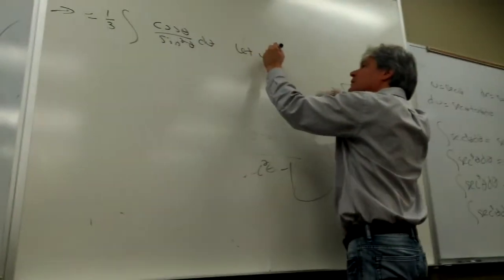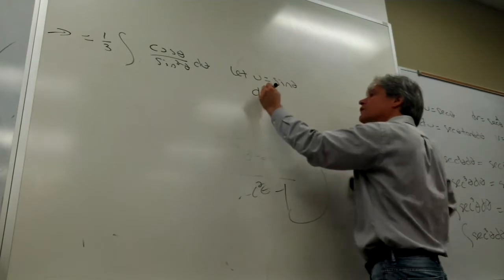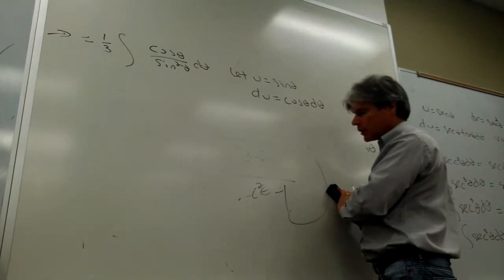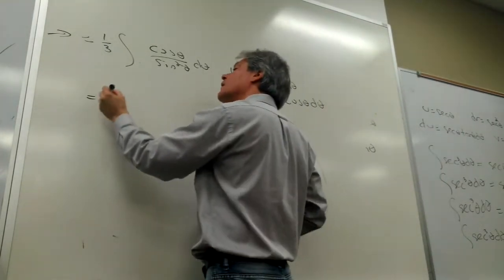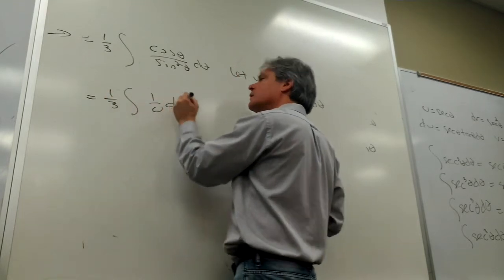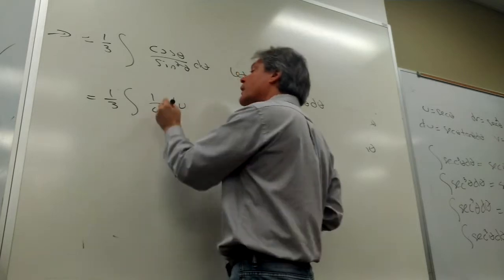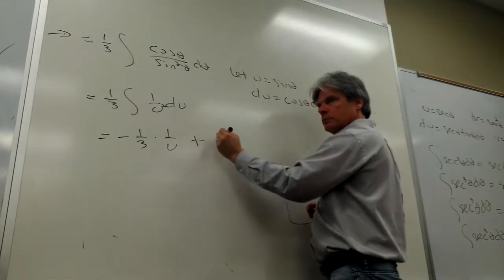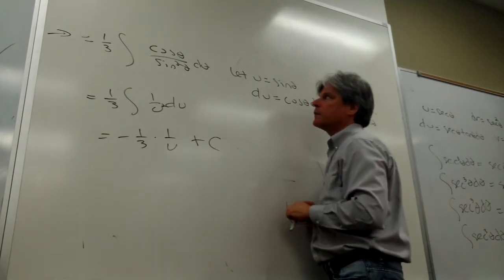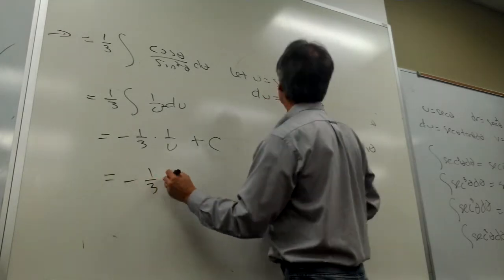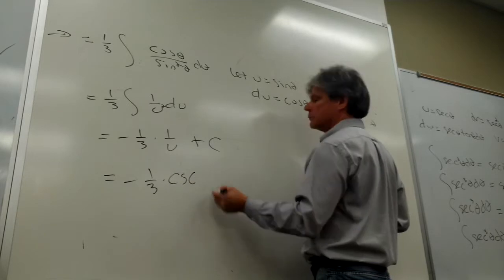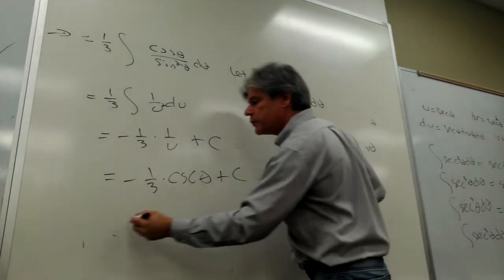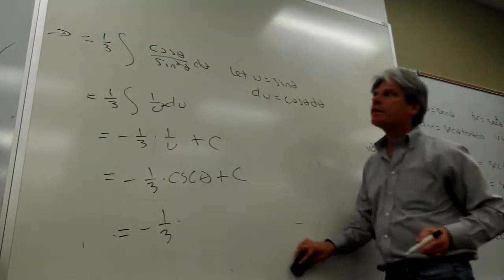Now, if I allow u to be equal to the sine of theta, its derivative is directly a factor up in the upstairs integrand's position. Then committing this u sub, I think I'm basically integrating nothing more than 1 over u. Did I misspeak? I meant 1 over u squared, which is still a piece of cake. Now I'll back substitute once. And I'll back substitute another time. That's negative 1/3 times the cosecant of theta, which is